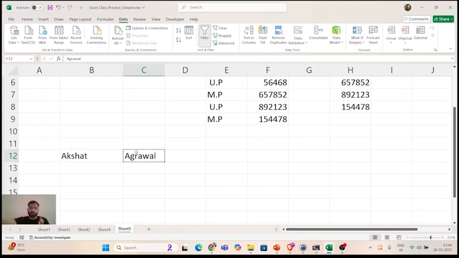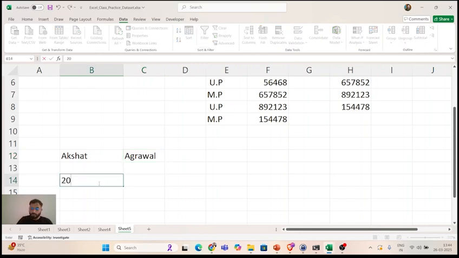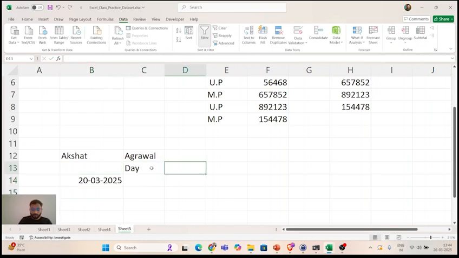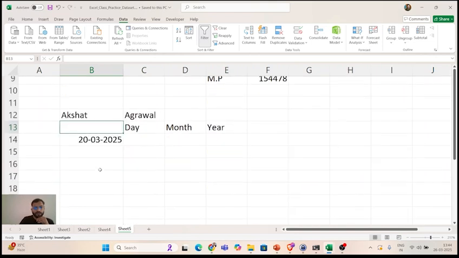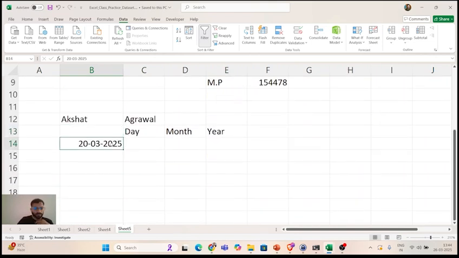Similarly, the delimiter could be comma, semicolon, slash, dash, space, tab, whatever it can be. You have to observe it and choose the delimiter accordingly. Correct guys? So now tell me what is the delimiter right here, if I want to separate and get the day, month and year right here. How shall I do this? Quickly guys, tell me. Take it as a quick short assignment and use the Text to Columns functionality to split the column.